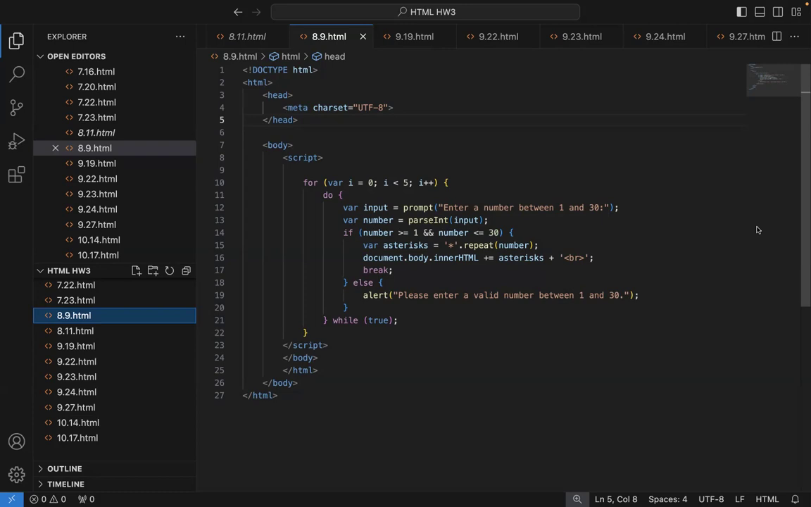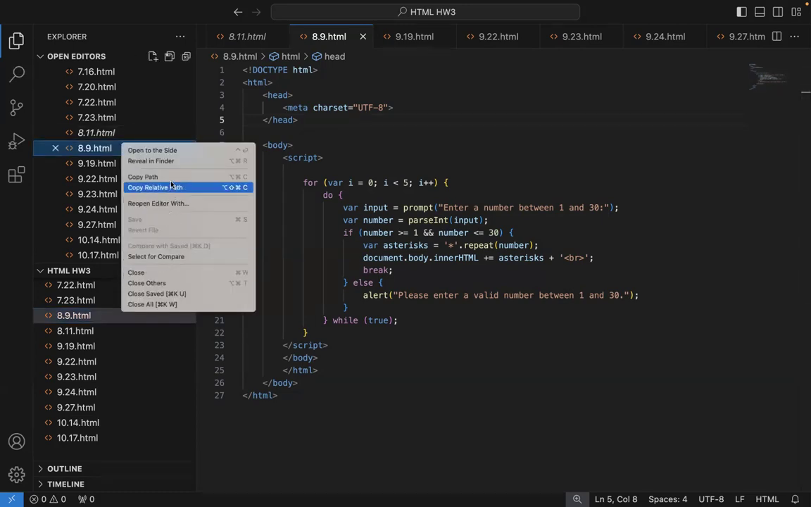So between those numbers, number greater than or equal to 1, sorry, and less than or equal to 30, that's where the number that you'll have to put in for it to be valid. So when we run this, copy path,